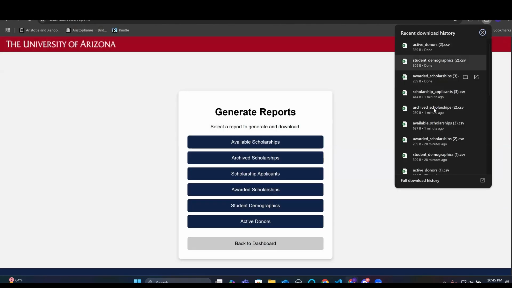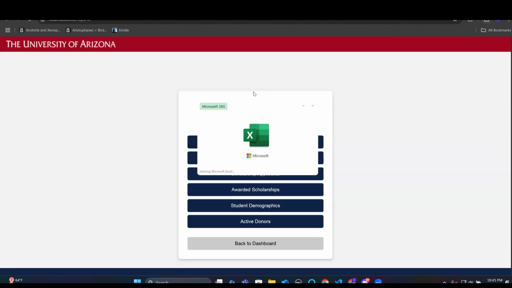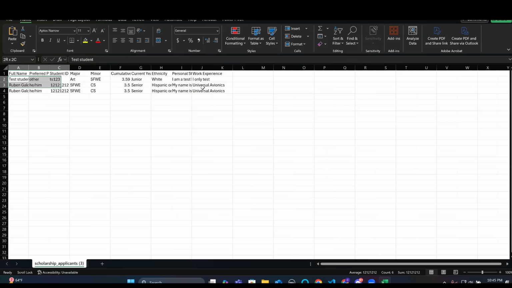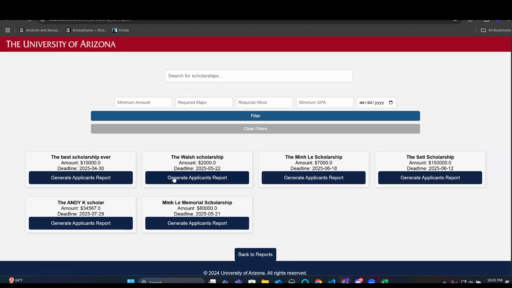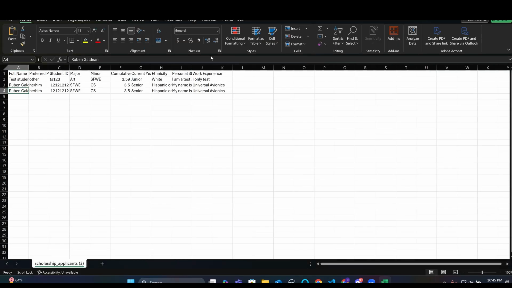Next one would be scholarship applicants. That report generates the applicants for a specified scholarship, so you'd have to choose a scholarship to generate that report for, which Chris did. I just did the Walsh one. Let's see what that one looks like. Perfect. Oh, it shows the same one. All right, and then the fourth report was the awarded scholarships,